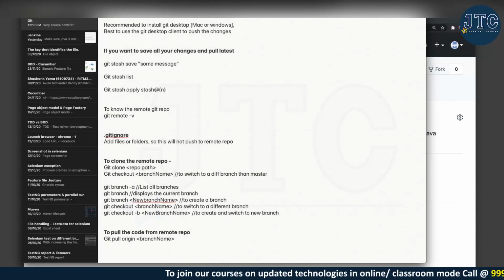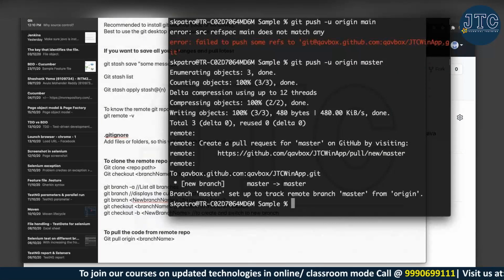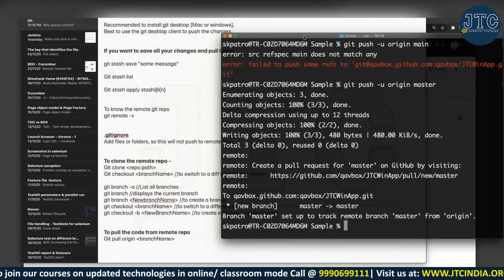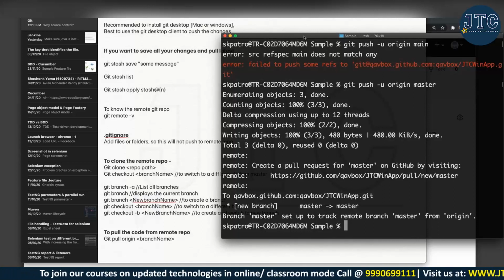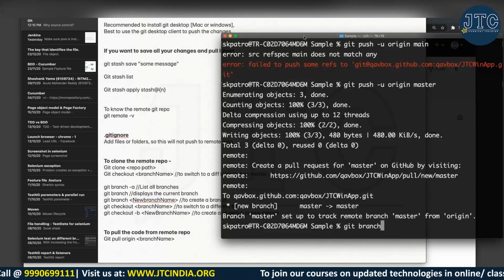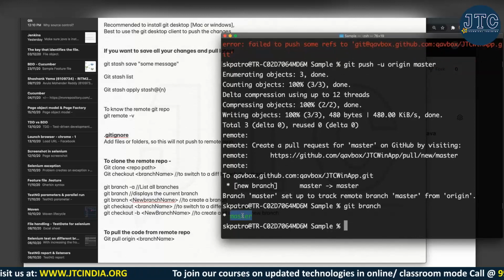Like I said, we are now dealing with different branches, because different people are working on different things. Let's say I have been assigned to create a chat application in Gmail. Now I don't want to hamper anybody. I want to create my own branch, and I will be comfortable writing my own code. So if you see here, git branch, you will see there is a master branch.